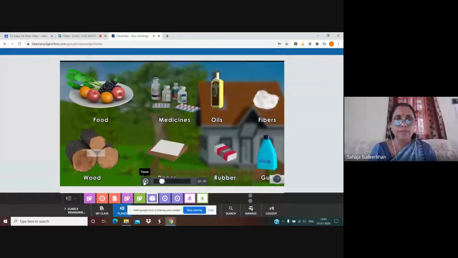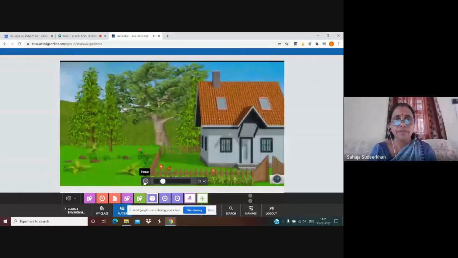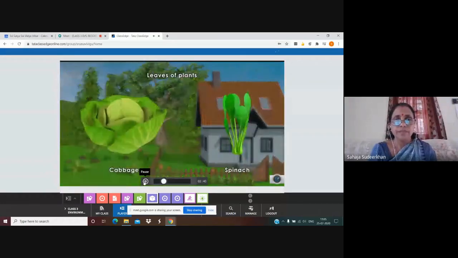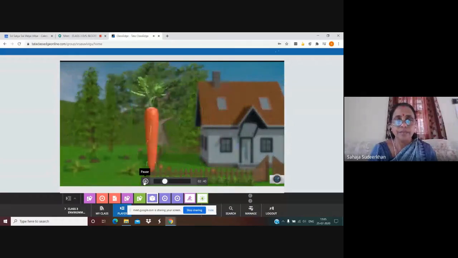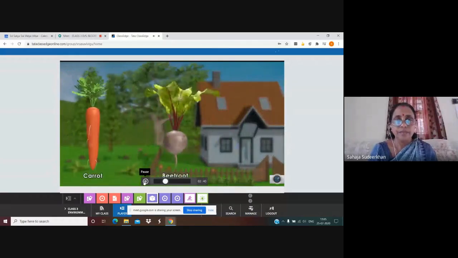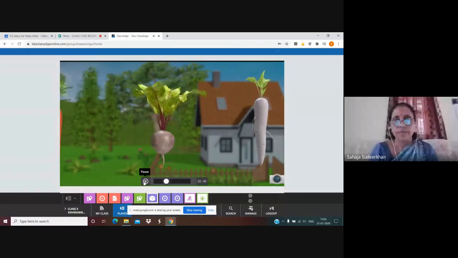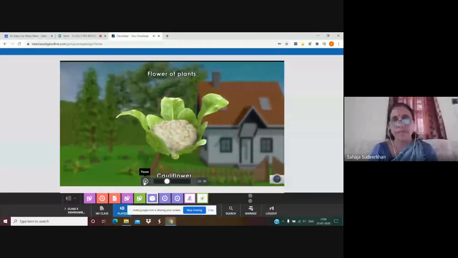All our vegetables come from plants. The leaves of plants we eat are cabbage and spinach. Potatoes and onion that we eat are the stems of plants. Carrots, beetroots, and radishes in our food are the roots of plants. Cauliflower that we eat is the flower of plants.